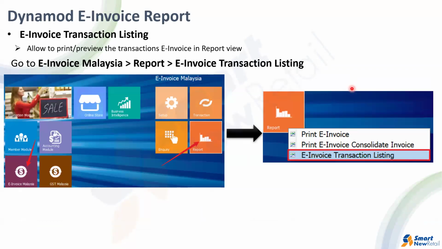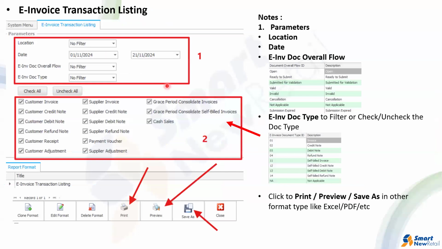You also have a report, if you want to print out the listing. You can do it by going to E-Invoice Malaysia, the report, and go to E-Invoice Transaction Listing. E-Invoice Transaction Listing allows you to print out a listing. On here, you have some options to choose. You can filter by location, you can filter by date range, your e-invoice flow, I mean the status. Maybe you just want a list of valid documents, so you can filter the status. You can also filter the document type below here. And depending, you want to print it out, or preview it, or save it